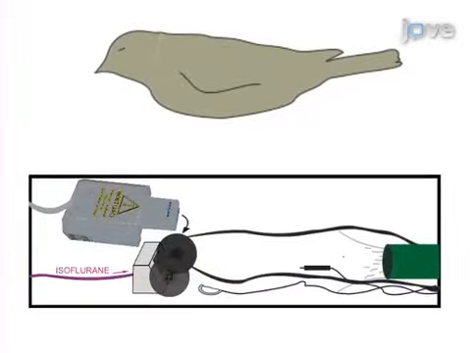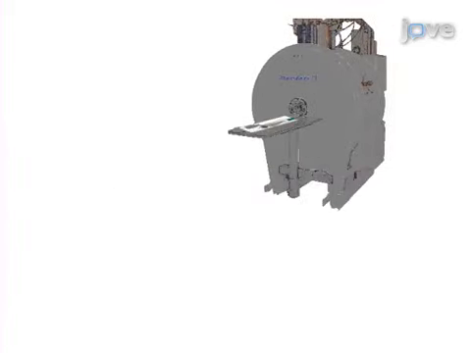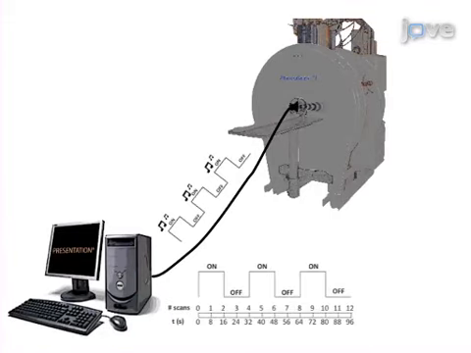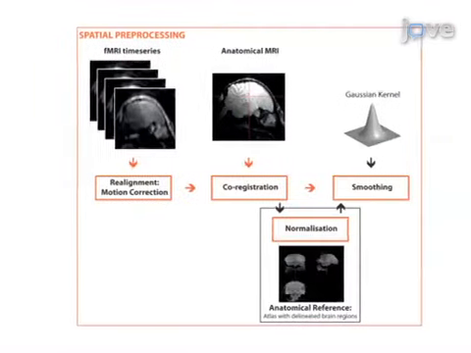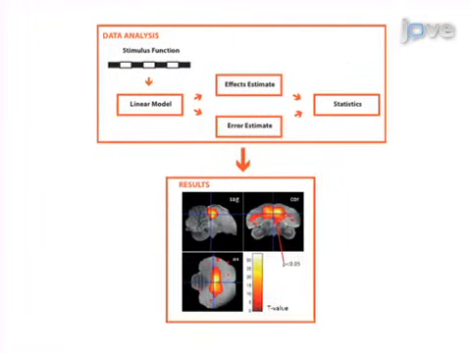The second step is to prepare the bird for scanning by first anesthetizing it and then by positioning it on an adapted animal bed, which is subsequently placed in the bore of the MRI scanner. Next, fMRI images can be acquired during auditory stimulation. The final step is to pre-process the acquired MRI data, including normalization of the images to the zebra-finch atlas. Ultimately, statistical voxel-based analysis is used to allow visualization of the obtained results and localize the brain activations induced by